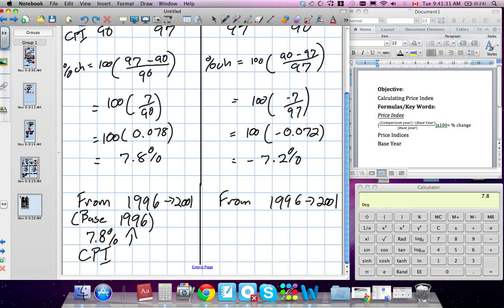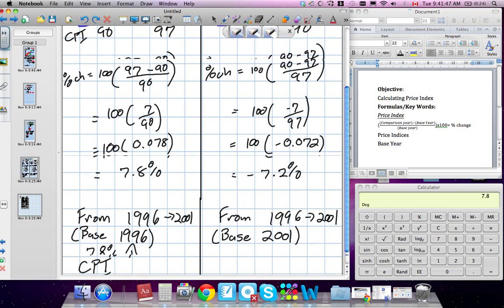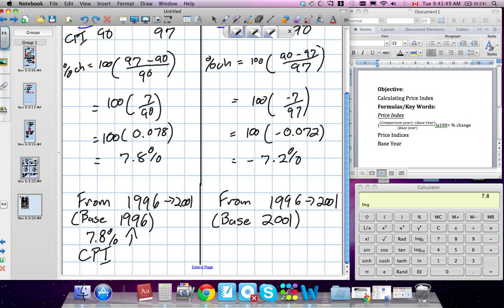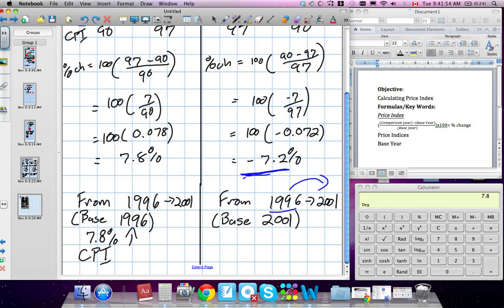In this case, we used base year 2001. Because we are going from 96 to 2001, even though we calculate our base year as year 2001, remember we're going up in price, okay? So even though we found a negative number, if I'm going from 96 to 2001, we know that our price increased. Even though we used our base year as 2001, because the price increased, we're going to be using an increase interval. So our percentage is going to increase by 7.2%